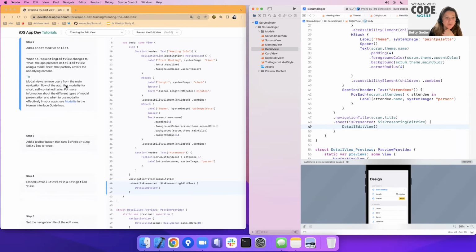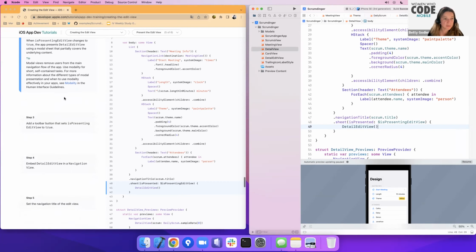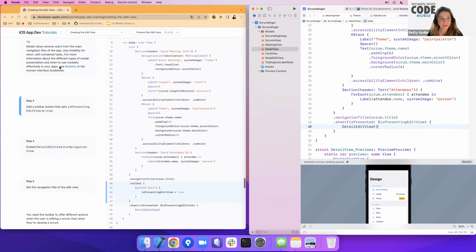Modal view, remove use for the main navigation flow of the app. Use modality for short self-contained tasks. For more information about the different types of modal presentation, see "Using modality effectively in your apps" in the Human Interface Guidelines. So now